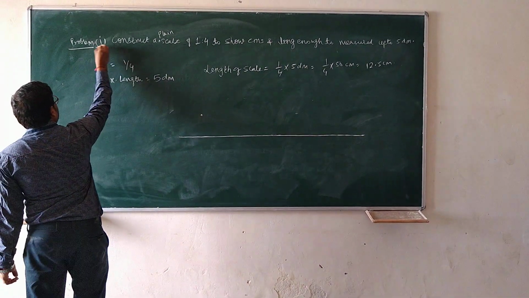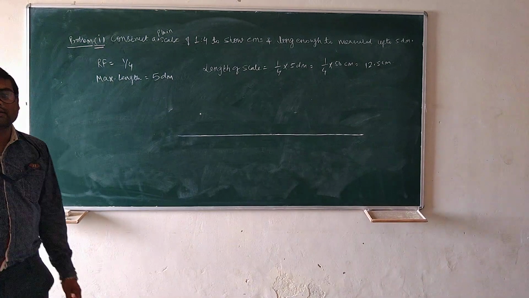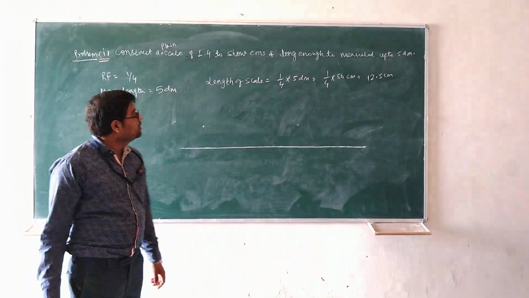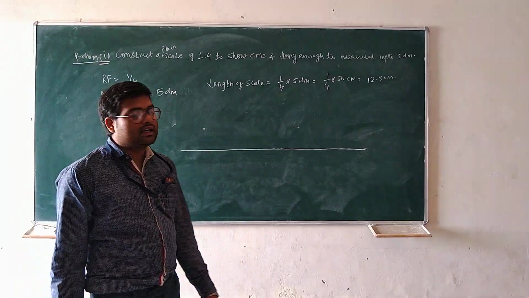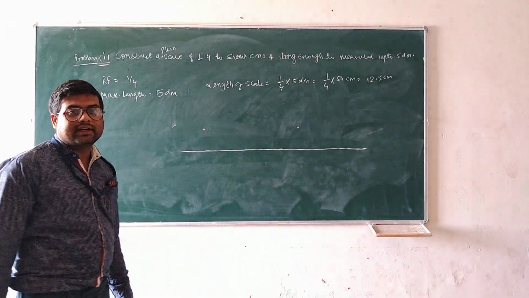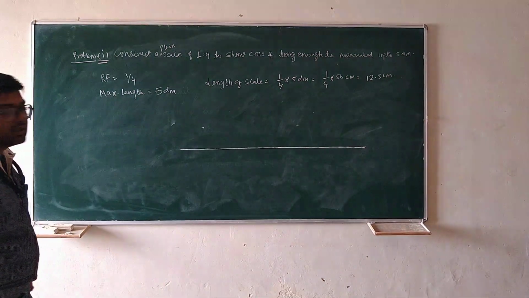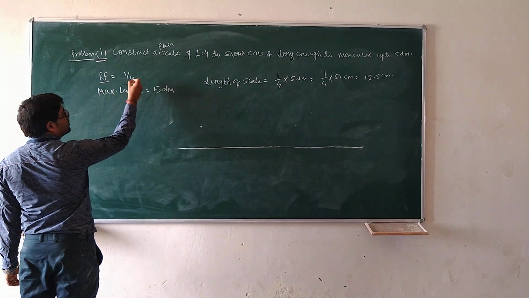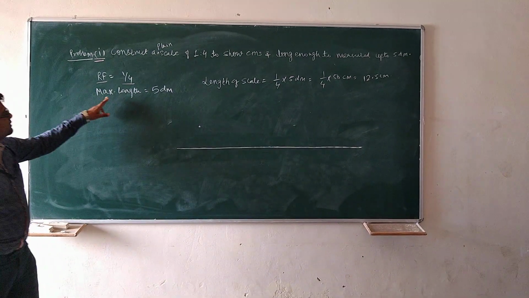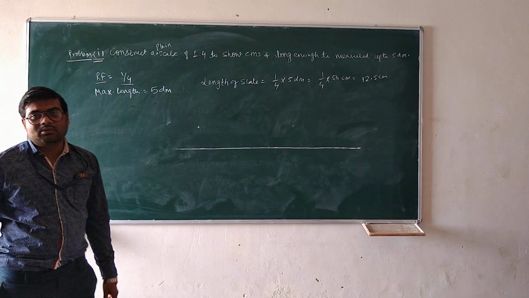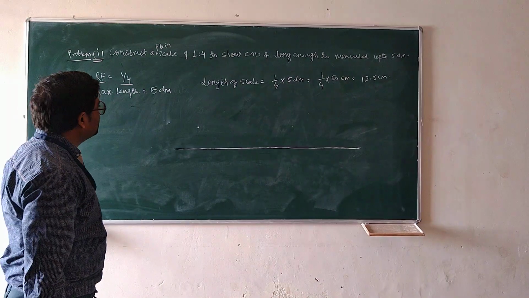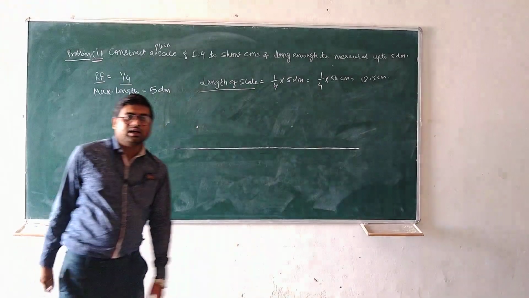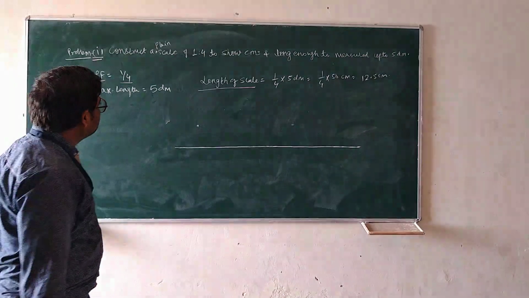Now the problem number 1 is for the plain scale. Construct a plain scale of 1:4 to show centimeters and long enough to measure up to 5 decimeters. Here the RF is given, 1:4, and the maximum length is 5 decimeters. So first of all we calculate the length of the scale, and we have already discussed it. The length of the scale